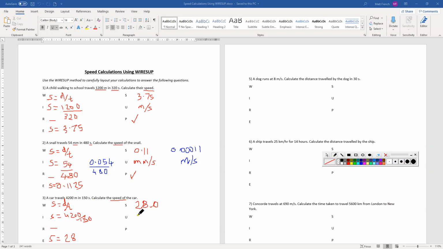So that's going to give us a unit of meters per second. Is that plausible? Is it plausible for a car to go 28 meters per second? Yes, it probably is. So we'll stop this little video here and give you the chance to catch up on that, and then we'll have a look at the remaining questions in